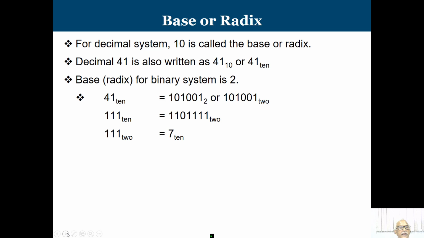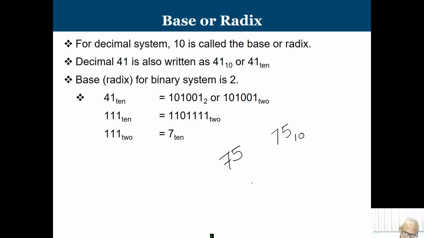Already we are saying that in the decimal number system, 10 is the base or radix, and in the binary number system the base is 2. In general, since we are so accustomed to the decimal number system, when we write 75, we always mean that we are talking about the decimal number system. That means this is 75 and the base is 10. If we are going to work in some other number system, then we have to specify it.